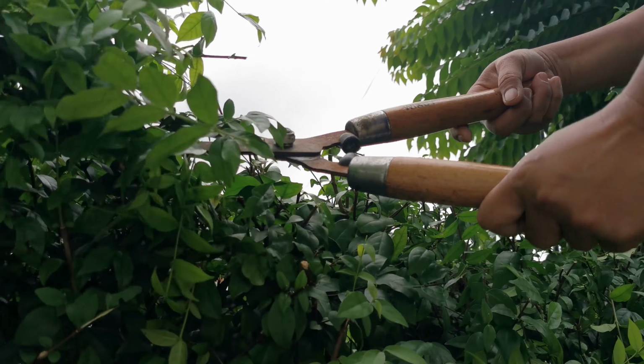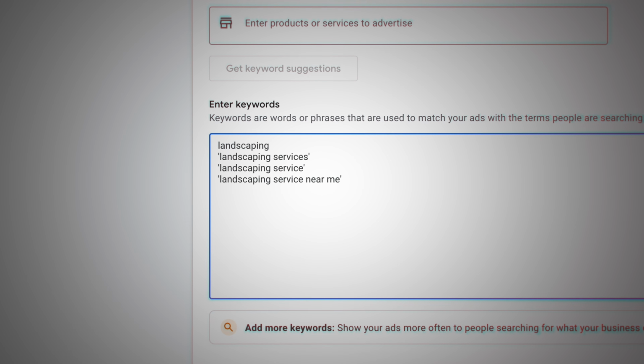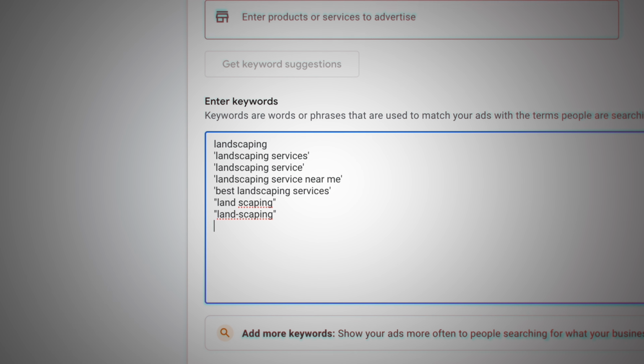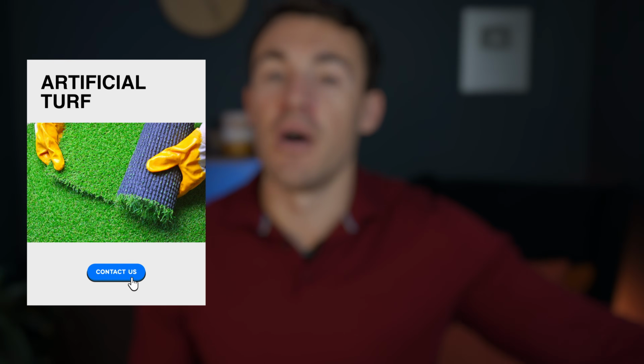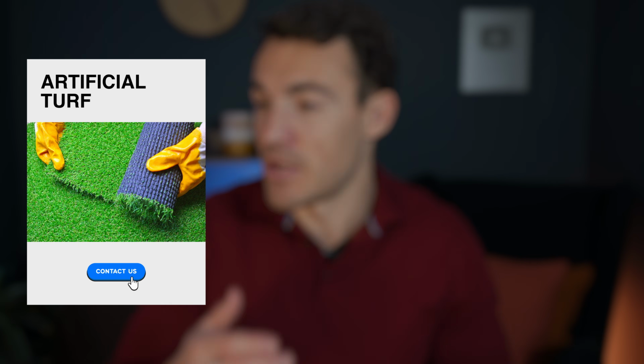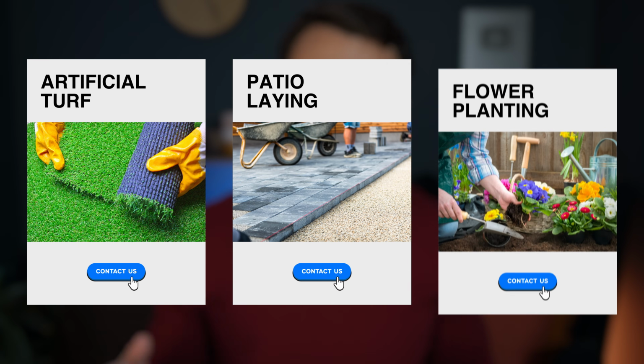So instead of just, for example, advertising a landscaping service and just having all the various different things that people might search for when it comes to landscaping come through to one landing page, you could break out the individual elements, right? You could have artificial turf as a service, which is obviously part of landscaping. You could have patio laying or flower planting, or all the various different elements that go into an overall landscaping service. You could break those out into separate ad groups with tight keyword groupings, and then break those out into